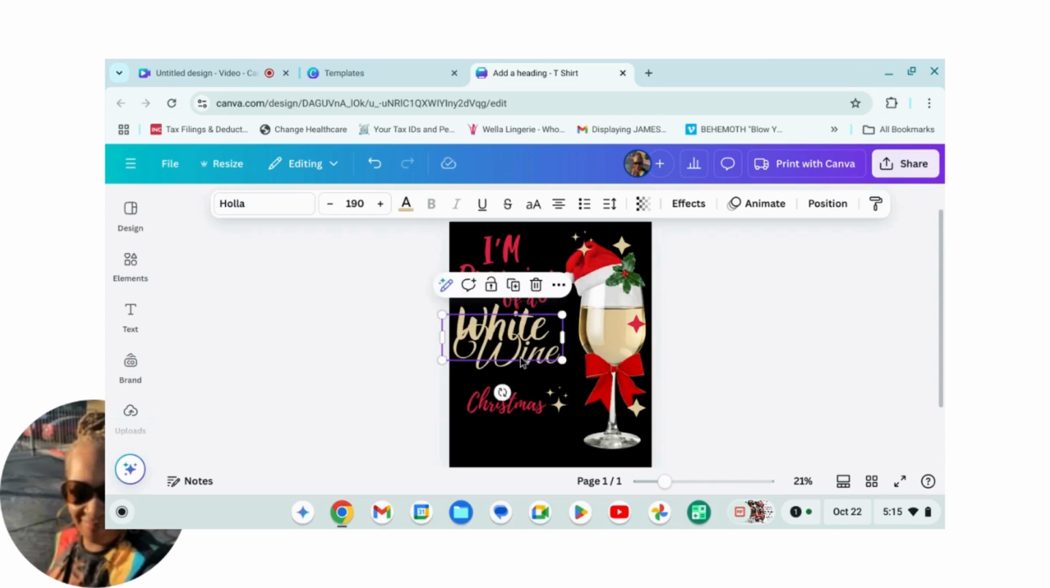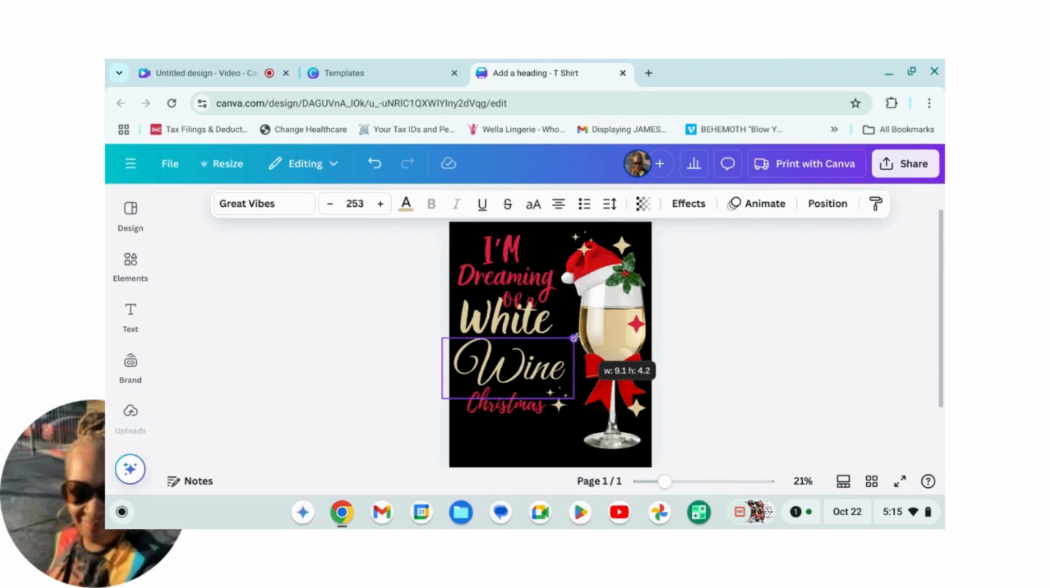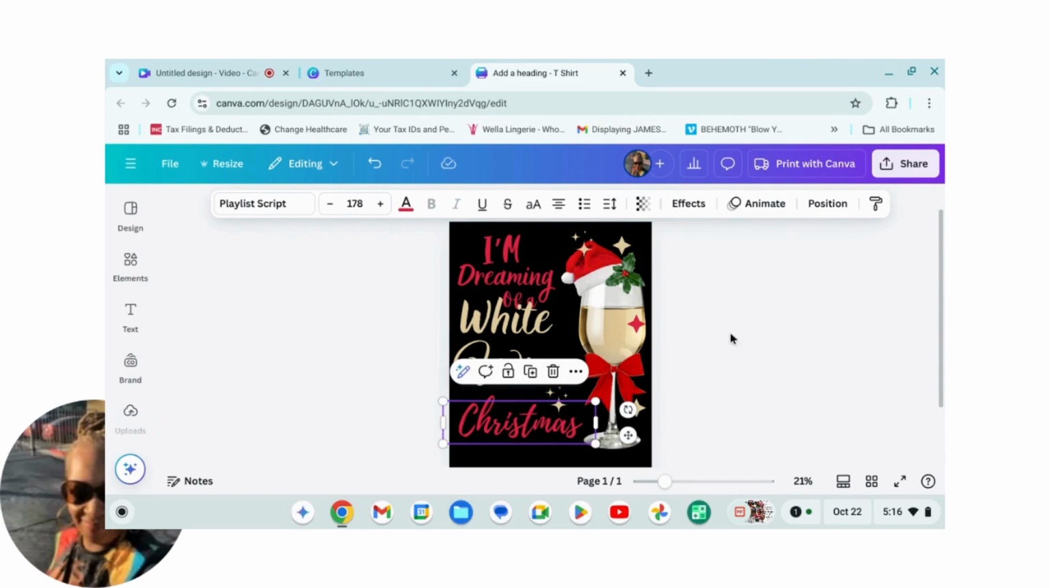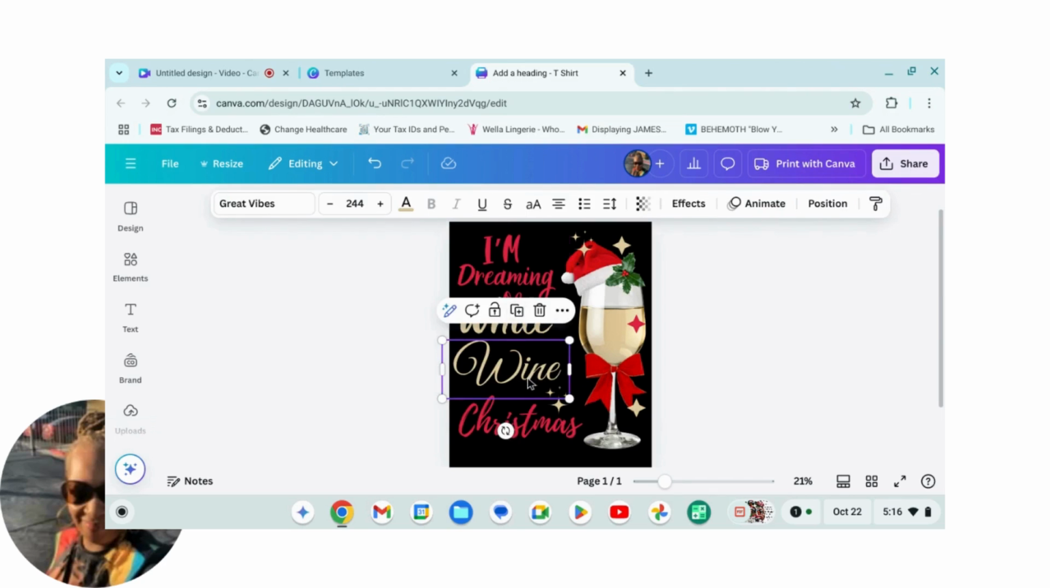Okay, just see how much room I have. Okay, and Christmas. We're going to grab that. And I'm going to go ahead and get rid of the dead space. And then I'm going to make this. Okay, we can leave that about right there. Okay. The next thing I'm going to do